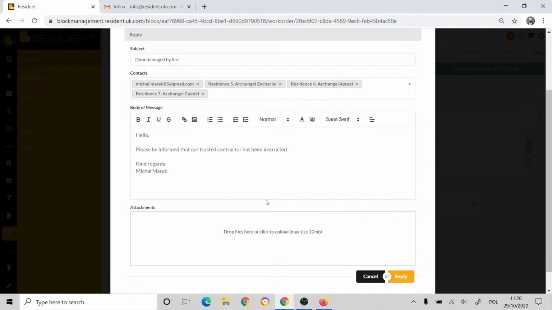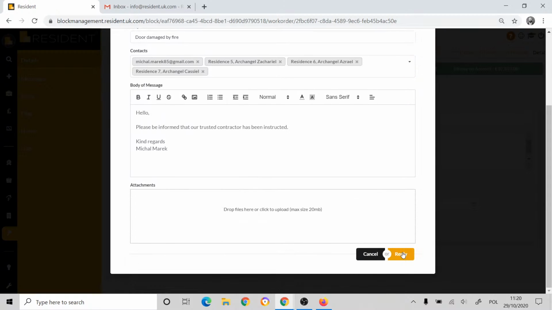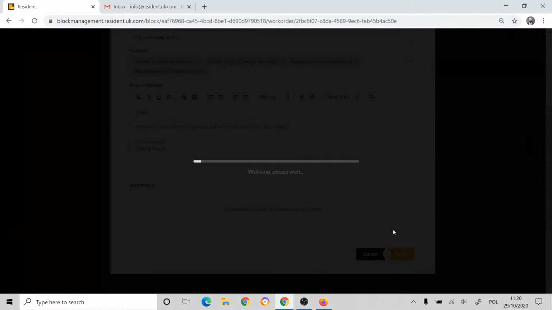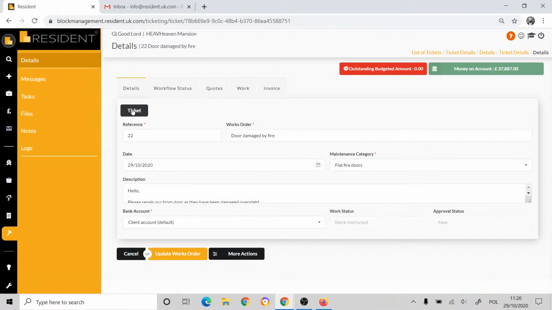So, and then I can add an attachment if I want, and then I can reply. So that will send the message to the leaseholder. Well, all those leaseholders. And if we go back to the ticket